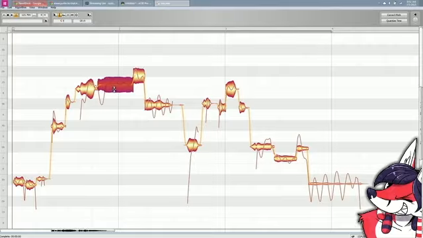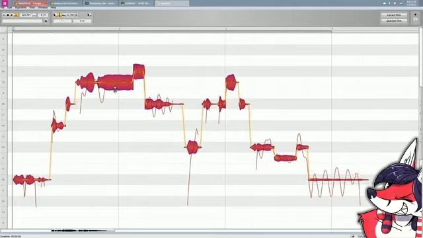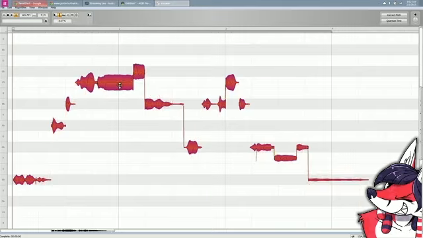I sometimes like natural vocals. I sometimes like completely unnatural vocals that are just whatever. I like weird vocals. So we're going to lock everything. Boom, boom, double click. Everything's locked to the nearest note. We're going to remove pitch drift. Boom, boom. Okay, now it's going to sound real bad.